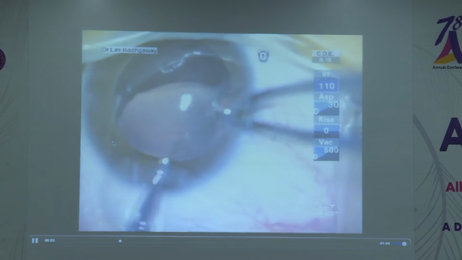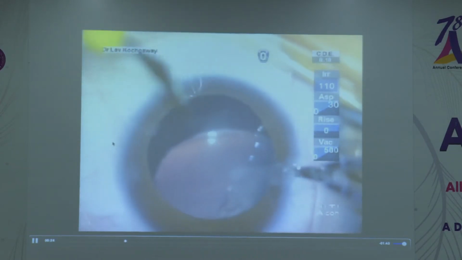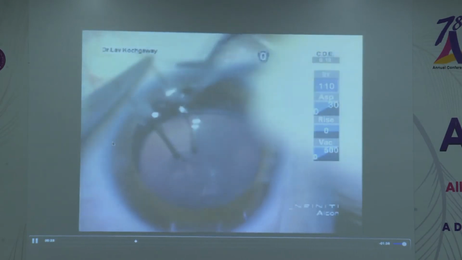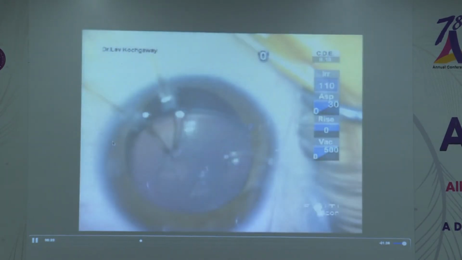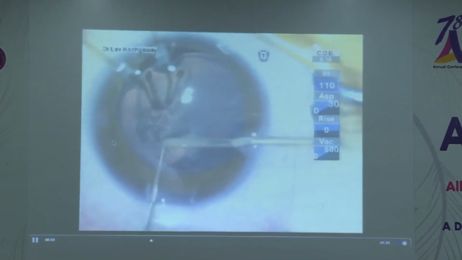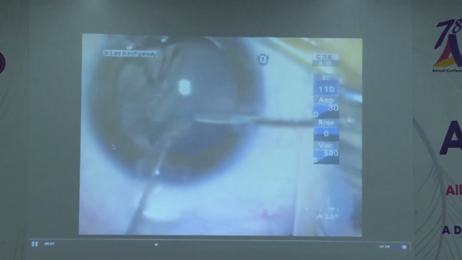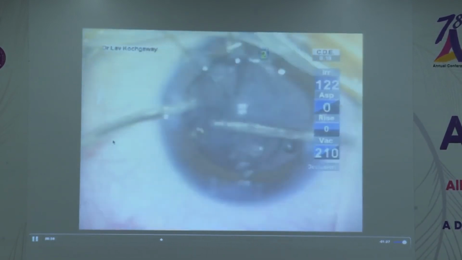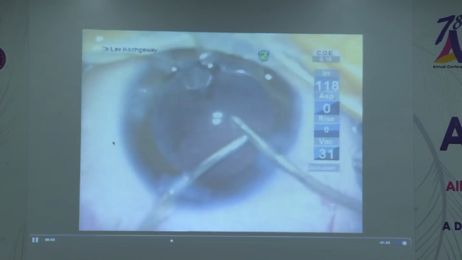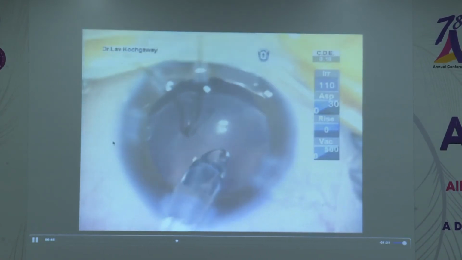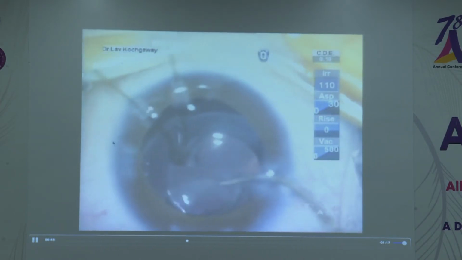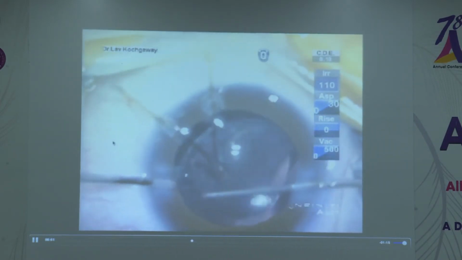So here you can see we started the capsulorhexis, and then since the visual axis is not in the center, we used the capsular hooks. The capsular hooks, the tip has a bulb, so chances of rupture are much less. Then after completing the capsulorhexis, we implanted a CTR and did cortical aspiration. Again, cortical aspiration with CTR in place is difficult, but it's possible. And a single piece lens is the easiest to implant in these cases.